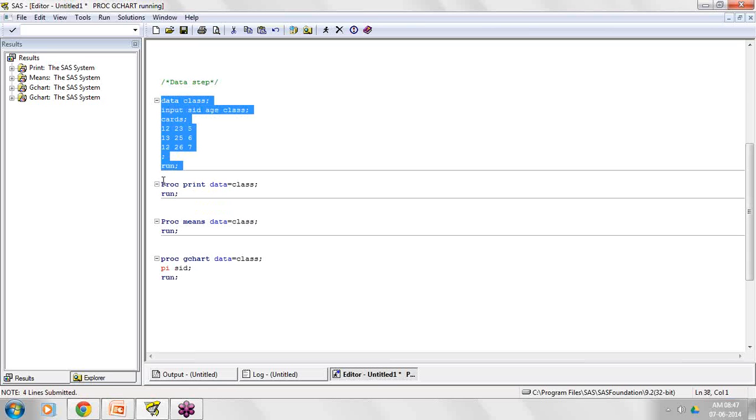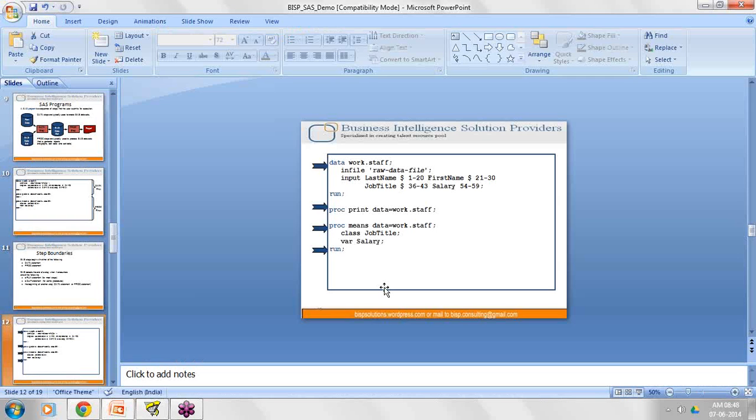As I told you, SAS programming has a data step and a proc step. If you want to create any program, it should always start either with the data keyword or the proc keyword, and always end with a run statement or a quit statement. But the majority of the time we use the run statement. Whenever we are using advanced SAS, that is where we use proc SQL, and that is where we use the quit statement. That is what I am trying to show you in this slide.